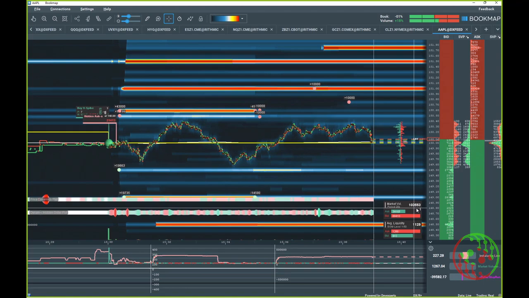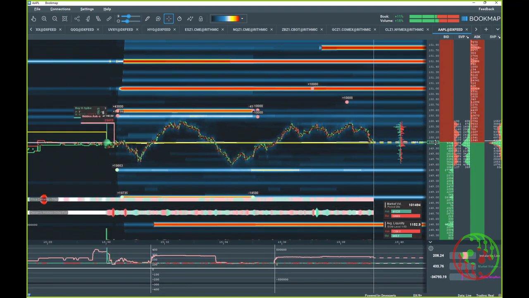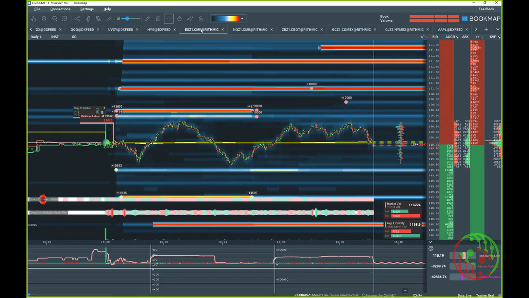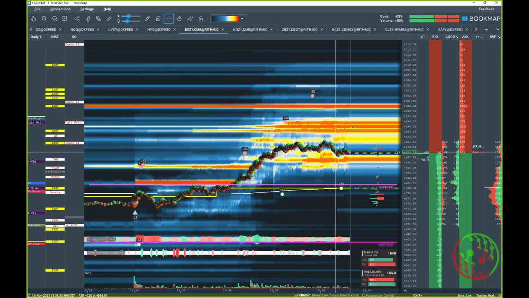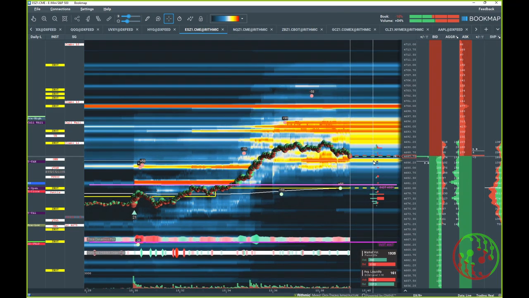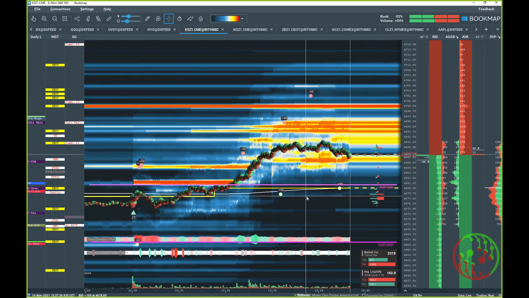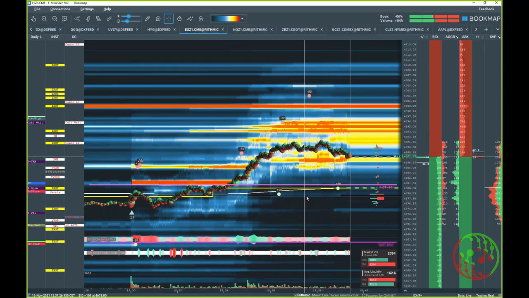Walter. Yes, one question in between. Can you go back to the ES at the moment? Because that's a situation that I also see a lot. And there you see there's a lot of liquidity above and below. It's pretty much the same. There's a bit more above. What do you make of situations like this? Where do you look to estimate where it will go?